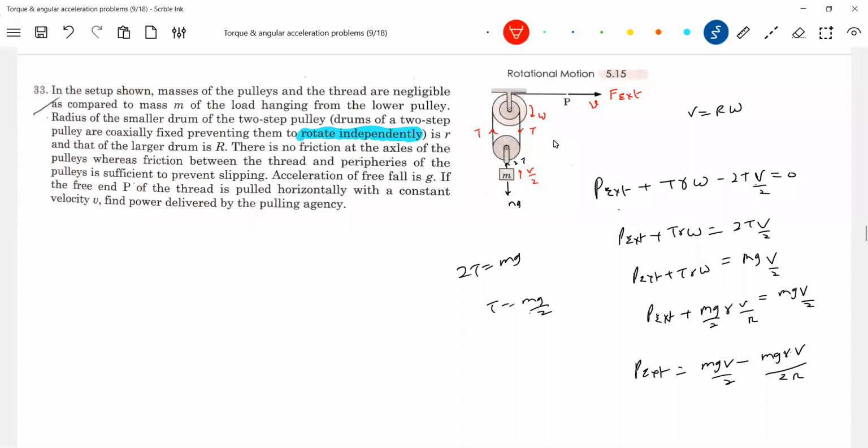Please, you have to make observation. Nothing big is there. The work done by the external agent, plus the work done by the tension on this rotating system, plus the work done by the gravity. Only these things will come. What about the work done by tension? This tension at this point and this tension at this point will be equal and opposite. As this is light, the net work done by these two will be 0.